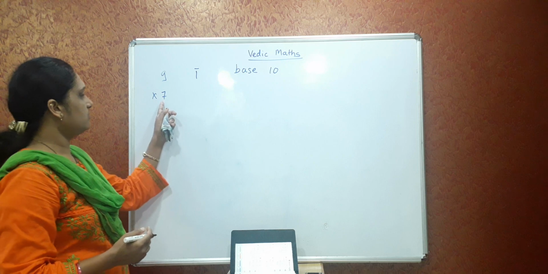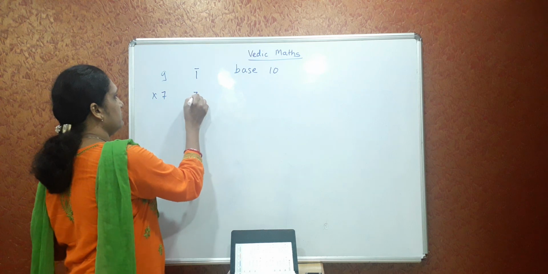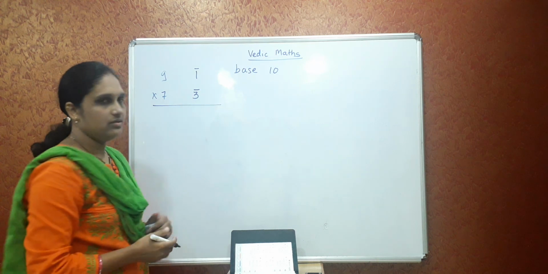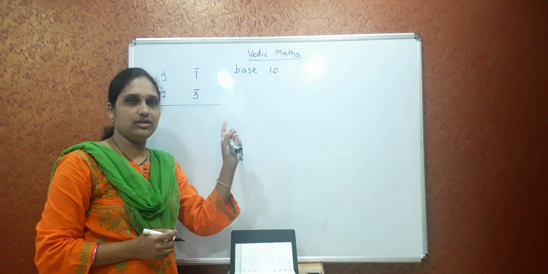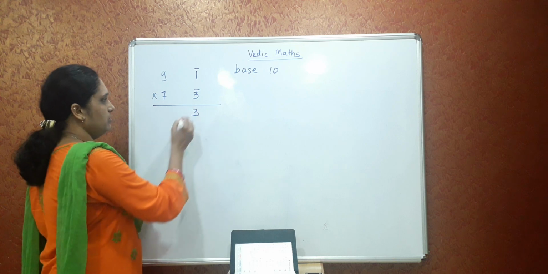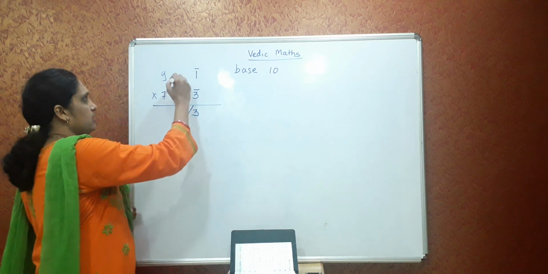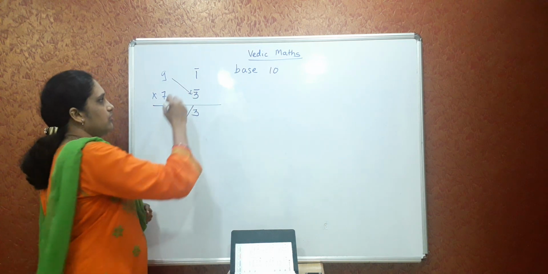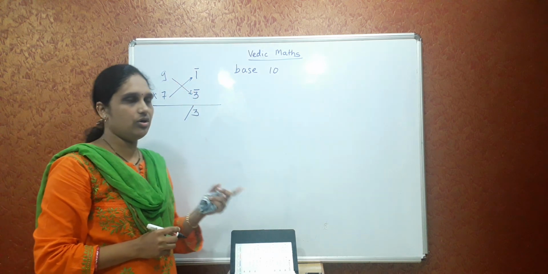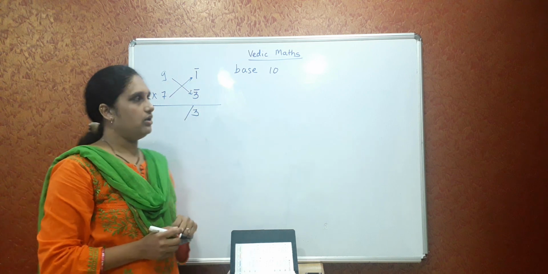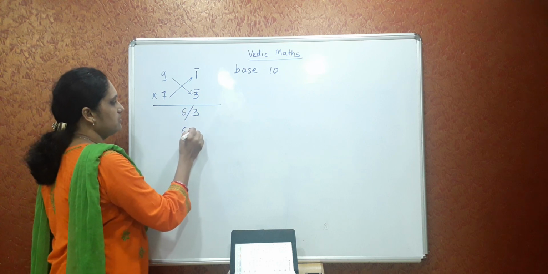Now again the second difference, 10 and 7. What is the difference? It's 3. So I'll write 3. Now, starting multiplication, 1 into 3. How much is 1 into 3? 3. So I'll write it down here. Separation. Now here you have to subtract diagonally. See, this way you have to subtract, or you will subtract this way. So 9 minus 3 you have to do, or 7 minus 1. So 9 minus 3, how much is it? 6. So the multiplication is 63.